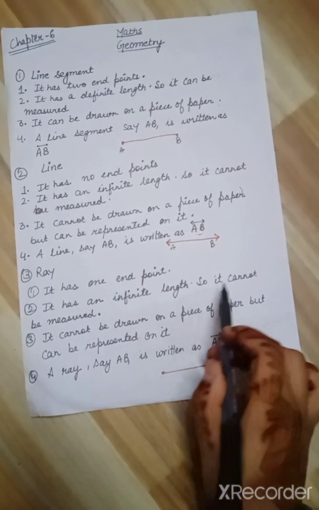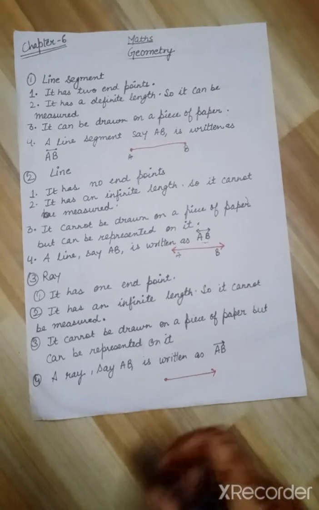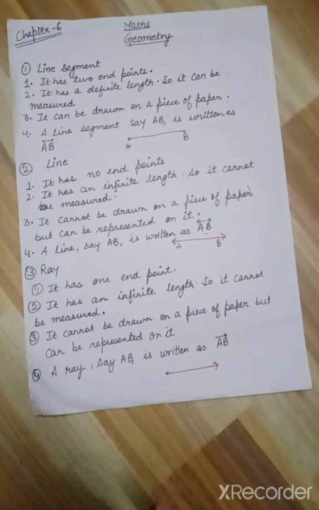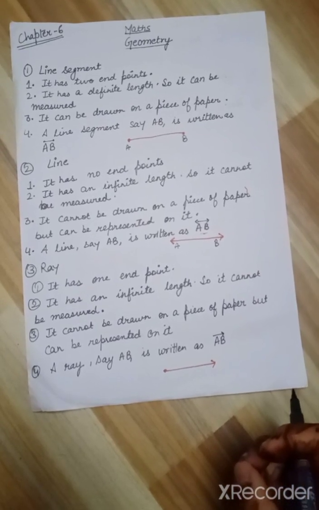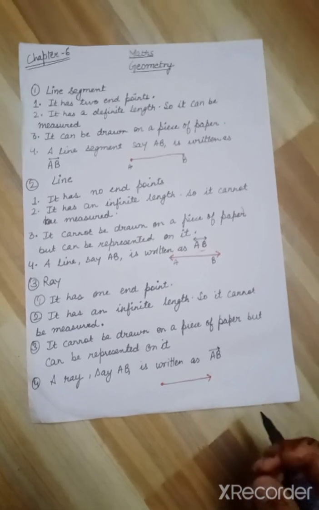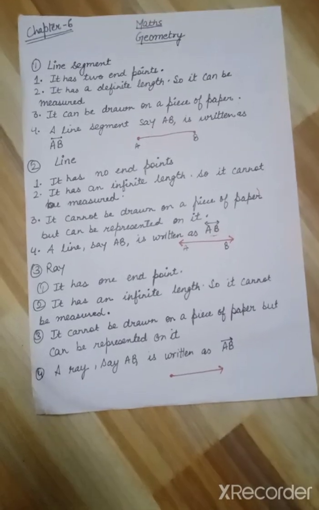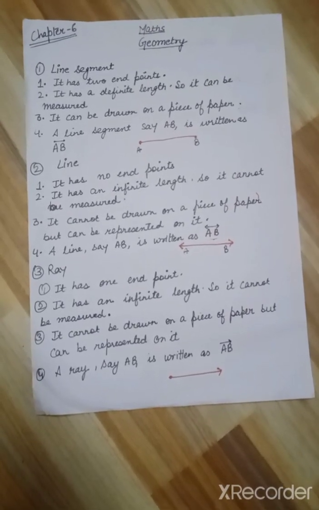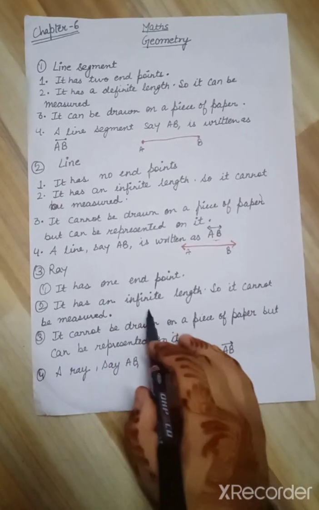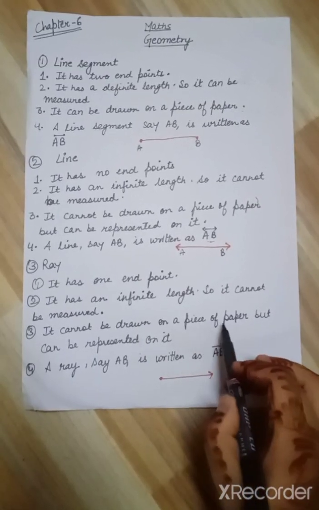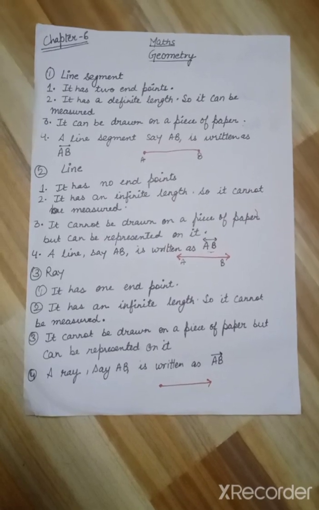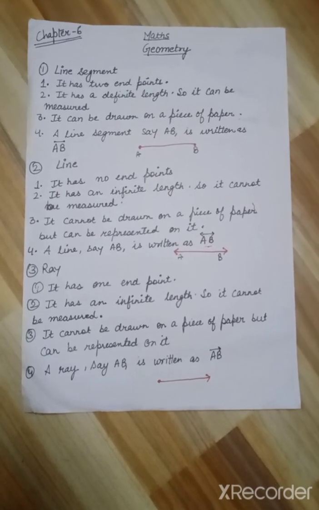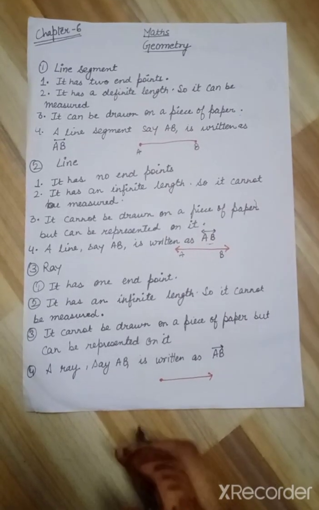So we will make equivalent fractions. 1 by 3 we have to make, meaning in this we have to take the common denominator as 27. So we will multiply 3 with 9. When we multiply 3 with 9, we will get 27. If we have done multiplication here, we will also multiply the numerator by the same number. So here 9 upon 27 will come.